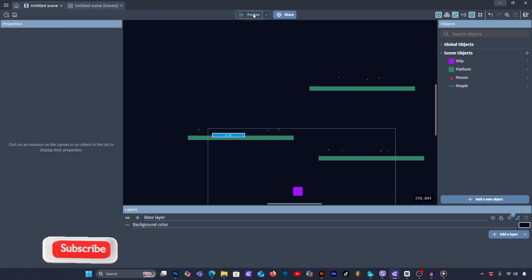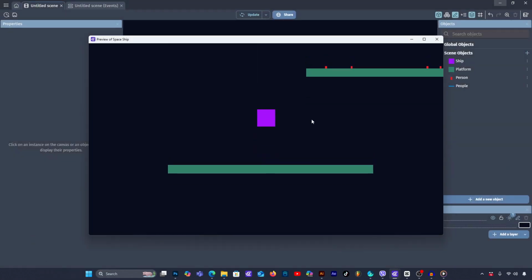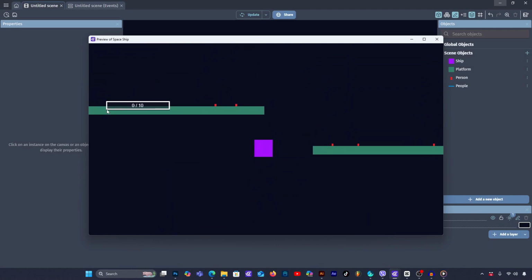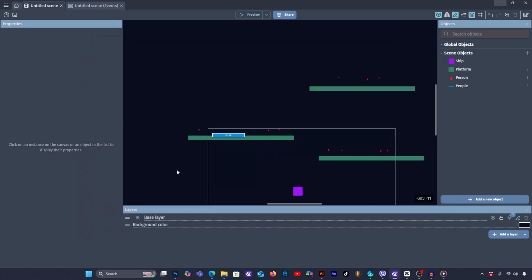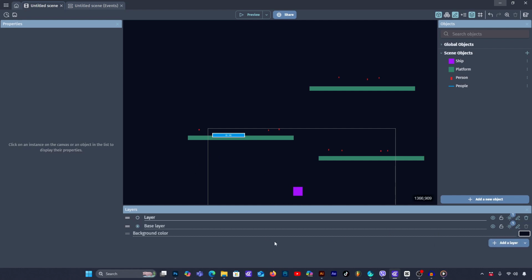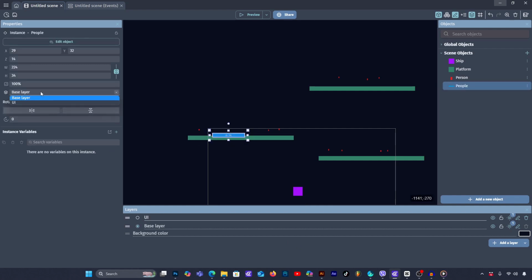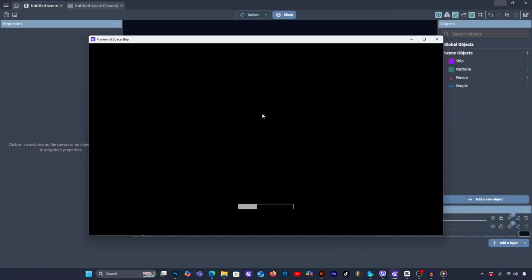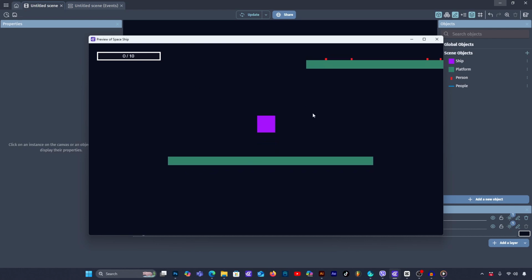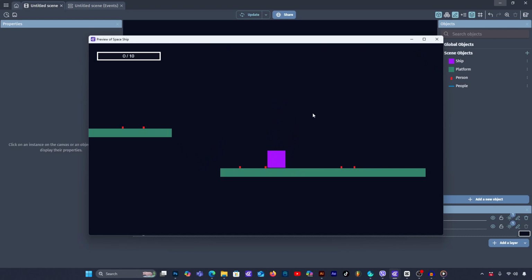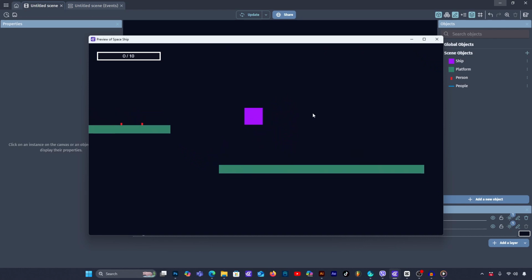Now if we press preview, obviously we don't see it permanent in that position. It's somewhere here just because the bar is on the same layer as all the other objects. So what we need to do here is to create another layer. Just click here and we're gonna call it UI, which stands for user interface, and then click this and select a layer here. It should display on the UI layer. Now this will allow us to see the bar always here. So we just fly, jump here, we collect our players,